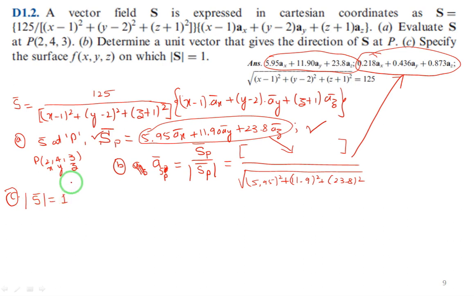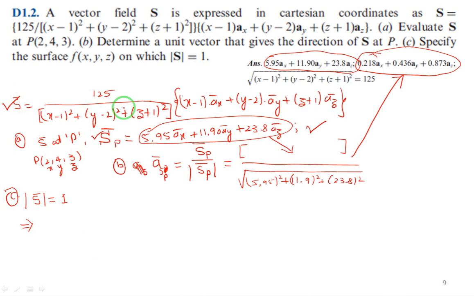And we want to specify the surface. What actually is that surface, wherever the magnitude of s vector is 1, in terms of x, y, z, a function of x, y, z. So s vector, they have given here, I have written here, just observe. This is the s vector, then I have to take the magnitude of s vector. This is s vector and I should equate it to 1. So I'll do it here.